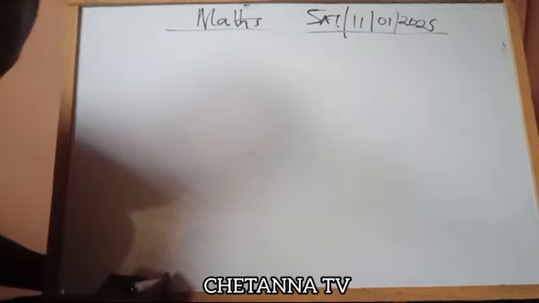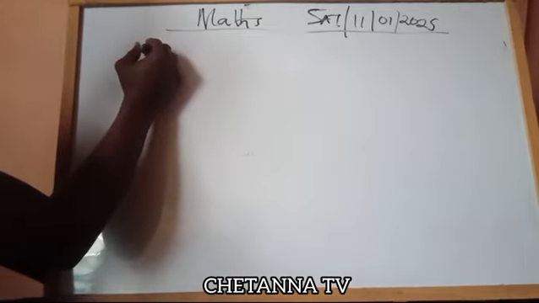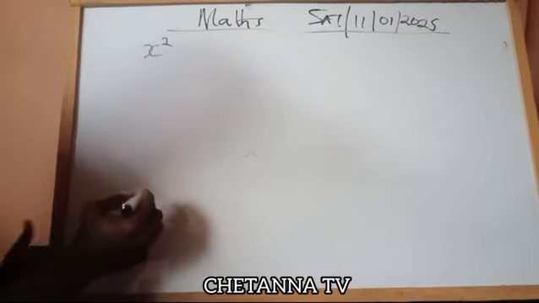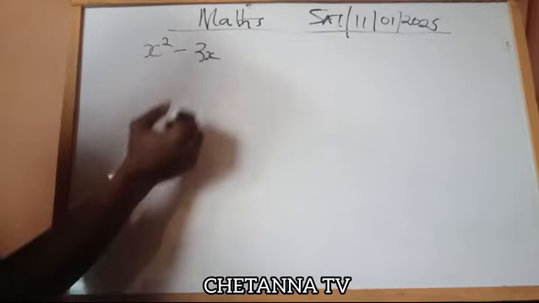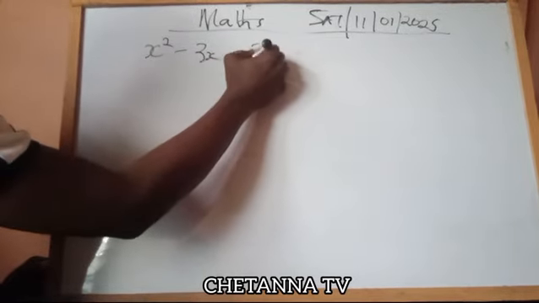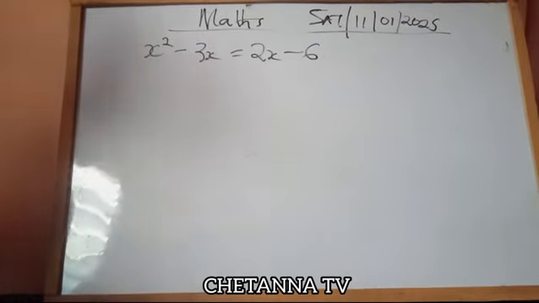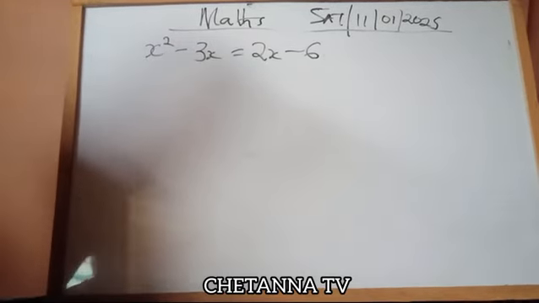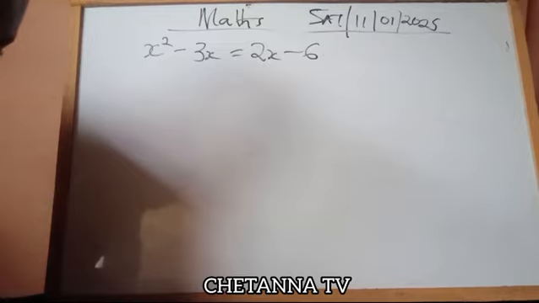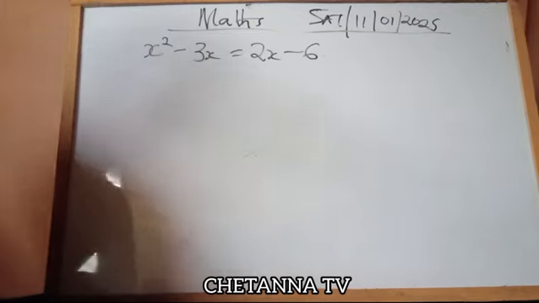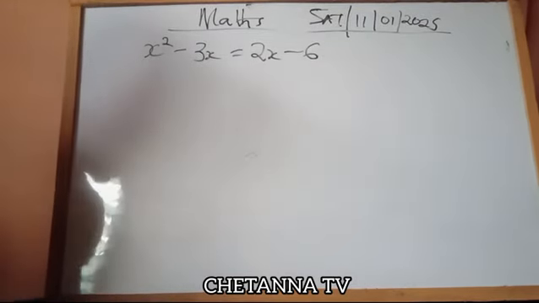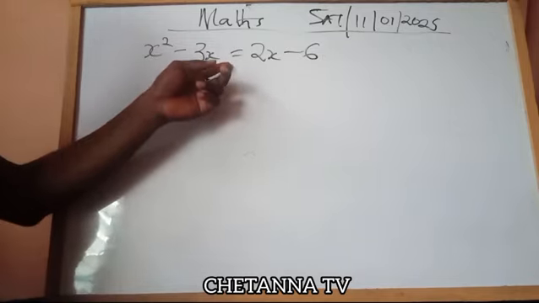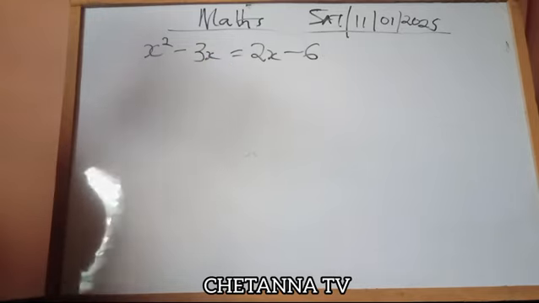All right. The question says x squared minus 3x is equal to 2x minus 6. Because I say we should solve the equations by factorization. Do you know what makes it an equation? This equal sign makes it an equation. Am I communicating? And for us to solve it quadratically,